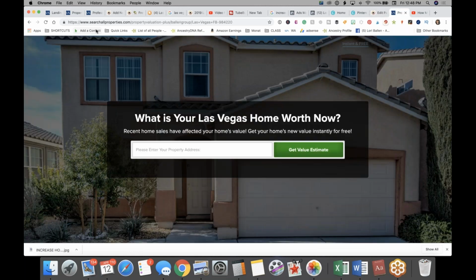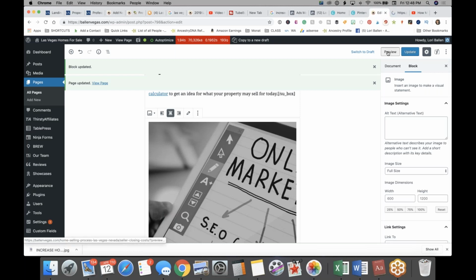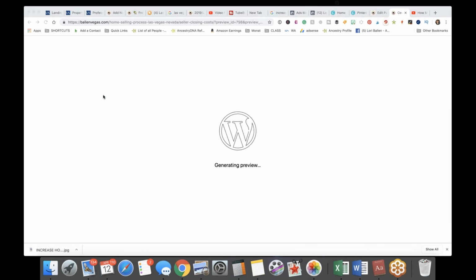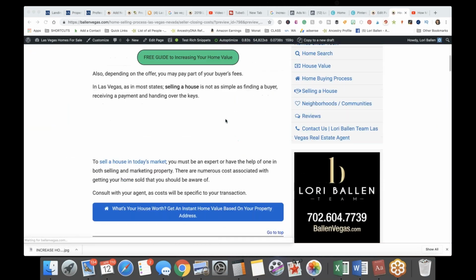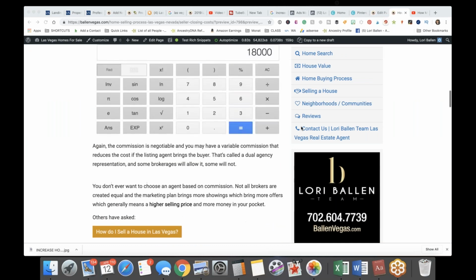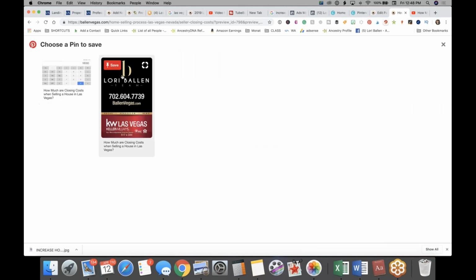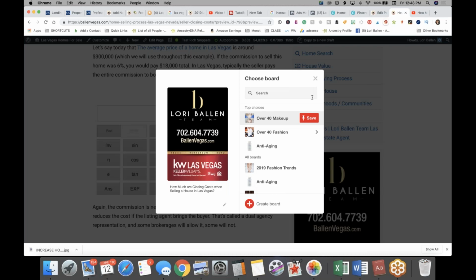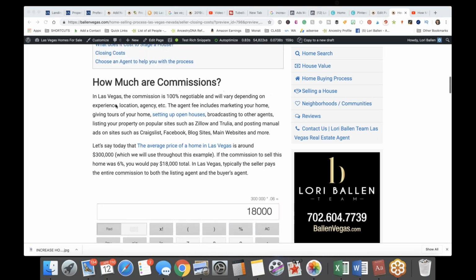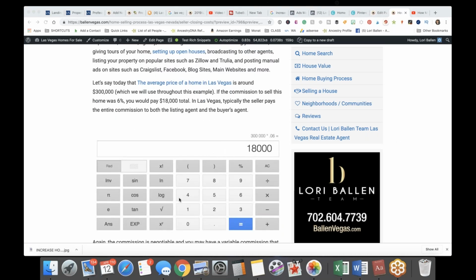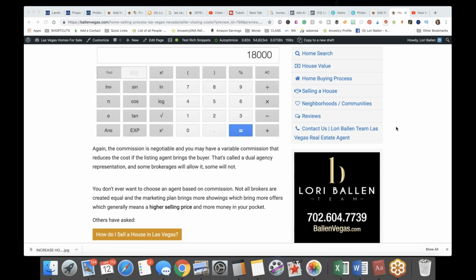Okay, and then what'll happen is we've now started doing this on every blog. We're putting these pins in automatically. Because then what happens is once your blog is published, you can set this up with Zapier to automatically create a pin, or you can pin it. So you go down, let's just say anything's pinnable, click the little pin extension, and any images that you have on your website now, you can click save, and you can pin that to your Pinterest board. So you could do a little calculator, you could do the pin we just made, you could do home value icons, and then you could have 5 different images on this page, and now you have 5 different potential pins